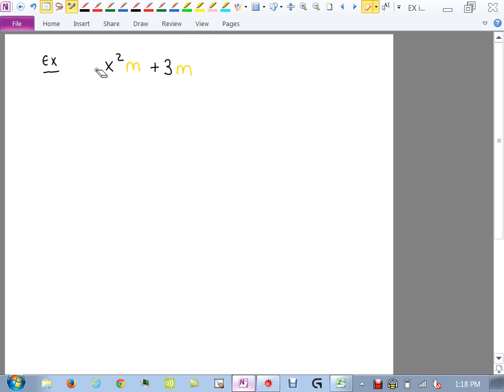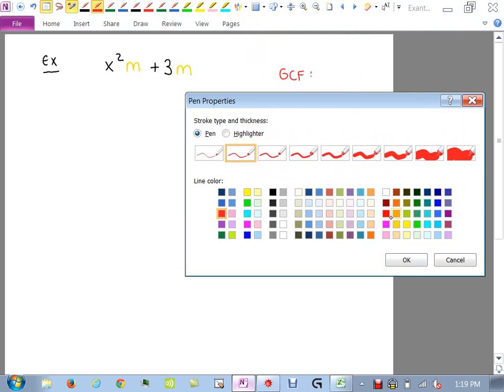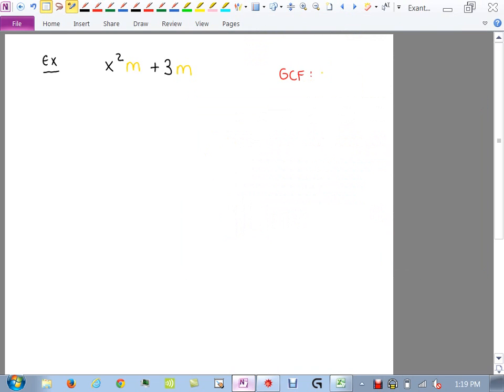How about variables? How about x's? I have 2 x's in the first one, right? X squared. And I have no x's in the other one. So I can't pull an x out. How about m's? I have a single m in each one, right? So my GCF should consist of that single m. Shouldn't it? So I take that single m, and I pull that out in front, and then I put a set of parentheses,